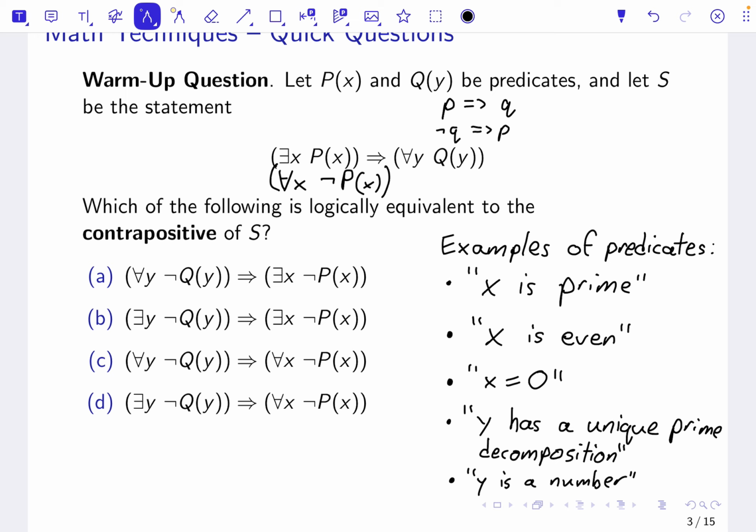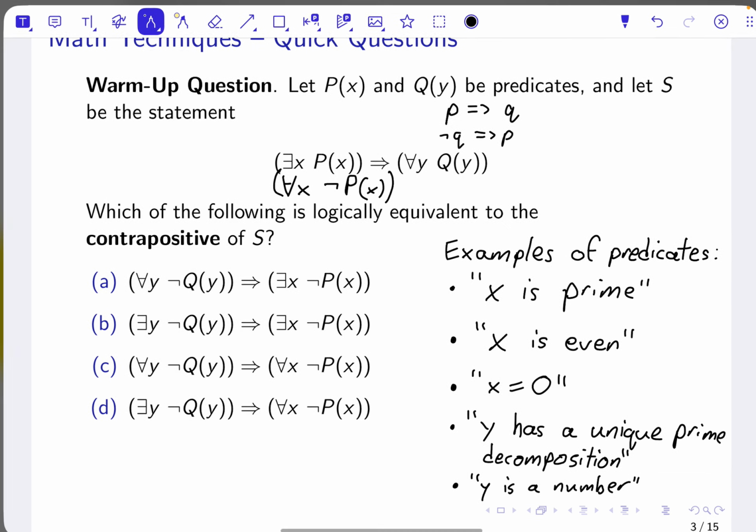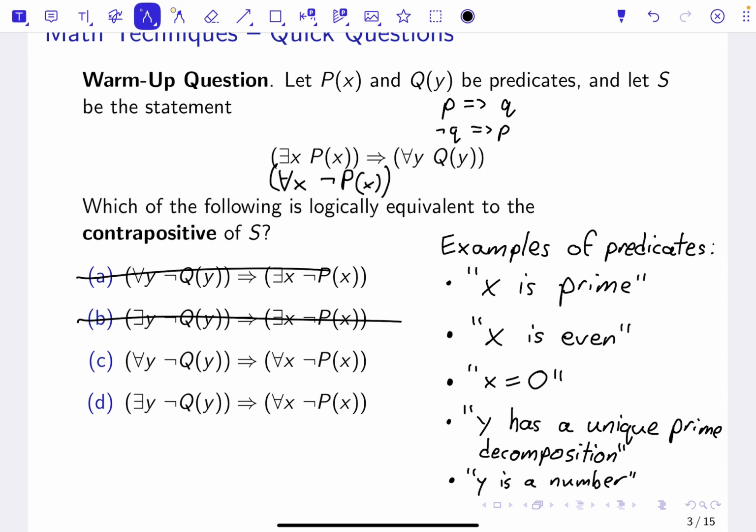So miraculously enough, that example about the waitlist is exactly how it works for mathematical logic. The negation of there exists an x such that a predicate is true is for all x, the predicate is not true. So we can actually rule out these two because,